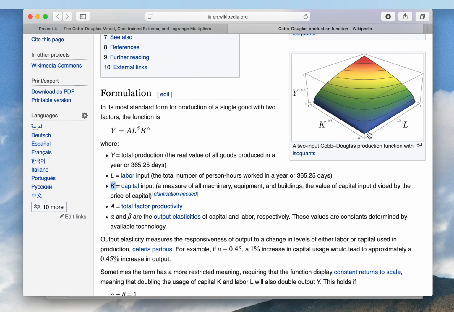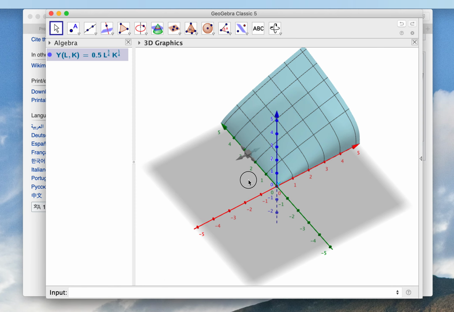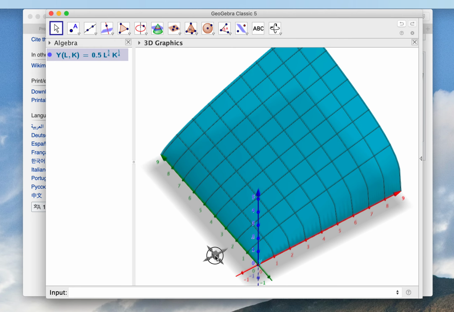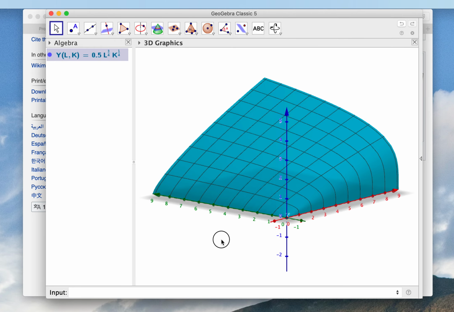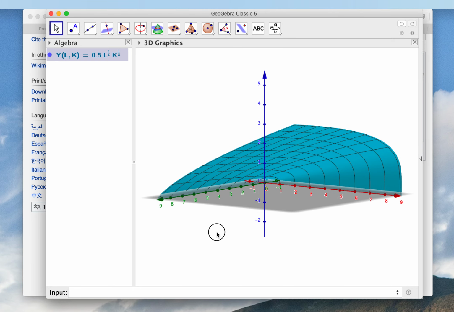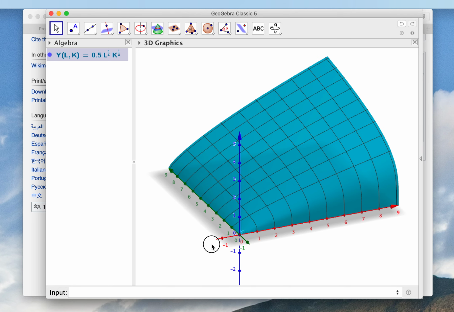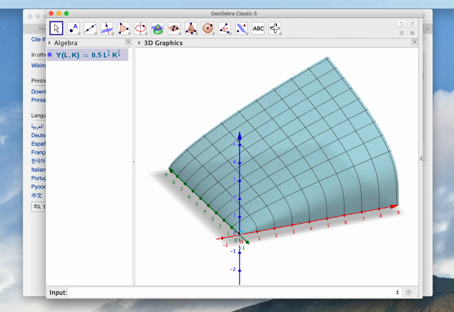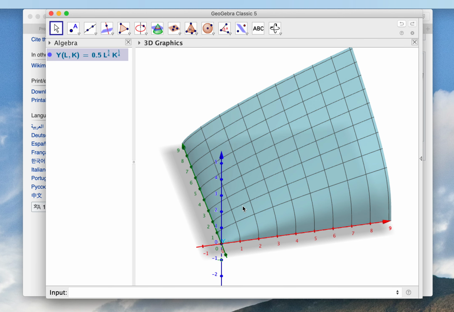So looking at this picture a little bit more, we've got an x-axis here, L, it's an L-axis really, and a k-axis here, only positive numbers, 0 to 1. And then y is the z-axis, and so we've already reconstructed this. In fact, this is a very similar view to what's on Wikipedia there. So we've got L is our x-axis, K is our y-axis, capital, and Z, the blue axis, is productivity, the production of these inputs of labor and capital. So kind of cool. So what we're going to do,